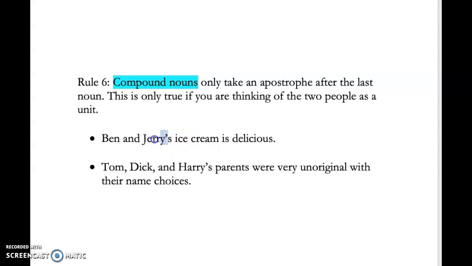So for example, Ben and Jerry's, they're 2 people, right? But their ice cream company is called Ben and Jerry's. So the ice cream, the apostrophe S applies to Ben and Jerry. So you don't say Ben's and Jerry's ice cream. One more example, Tom, Dick, and Harry's parents were very unoriginal with their name choices. All 3 of these guys have the same parent, so we're thinking of them as a unit, and therefore you only need the apostrophe S